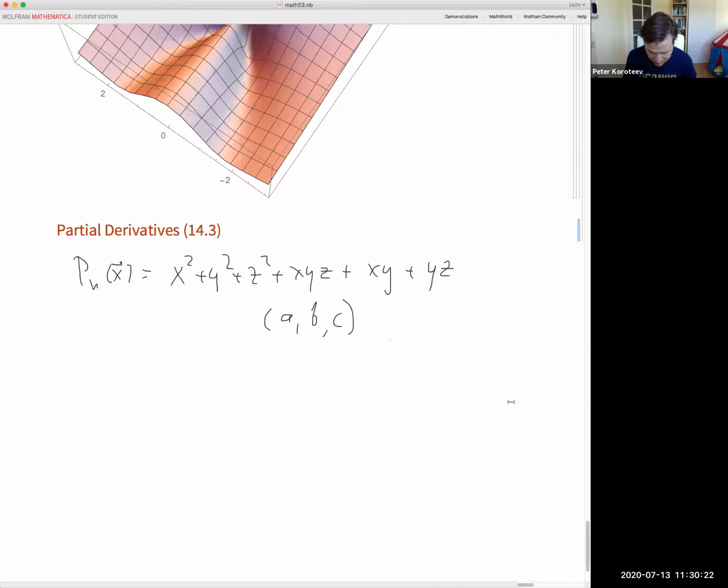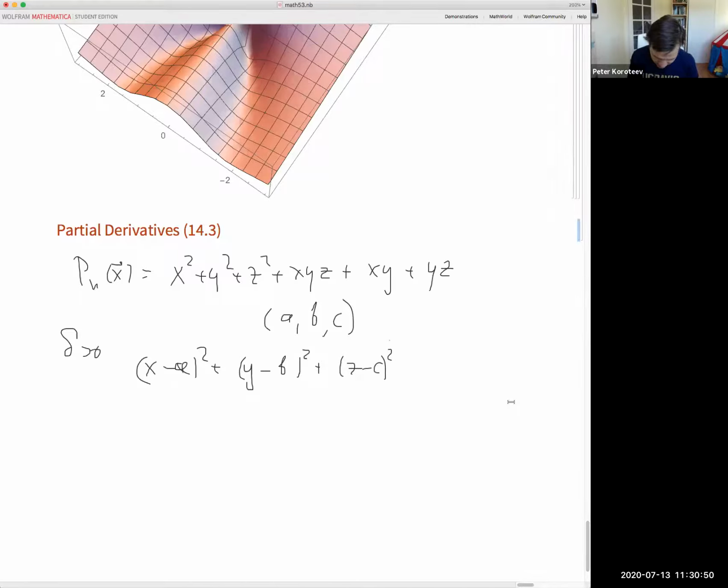What you need to show is that for every point, for sufficiently small delta, for sufficiently small radius, the distance here, x minus a squared plus y minus b squared plus z minus c squared,